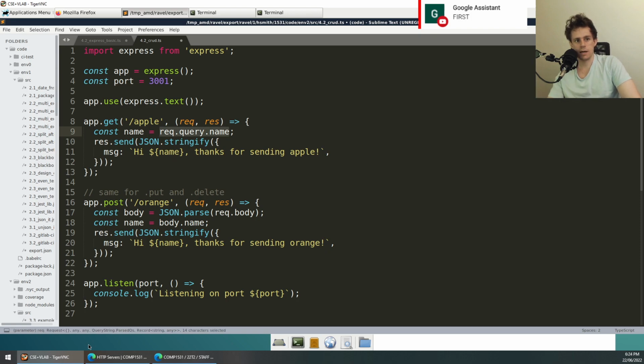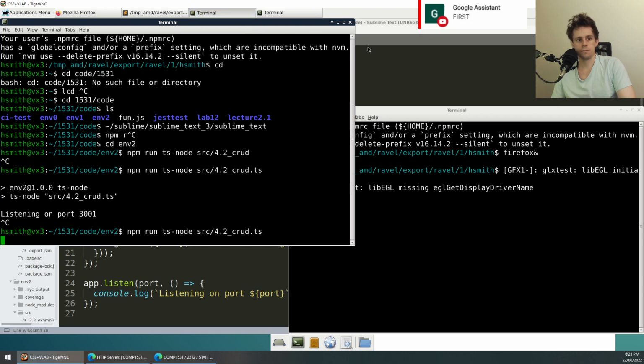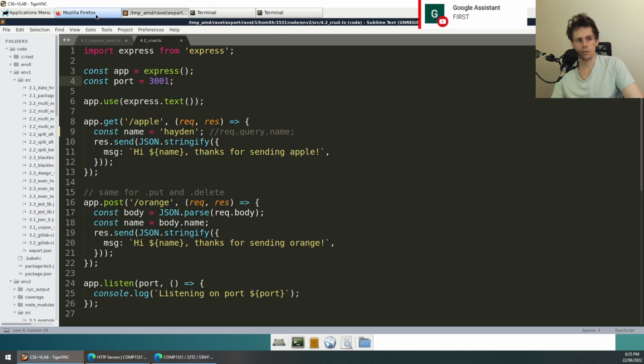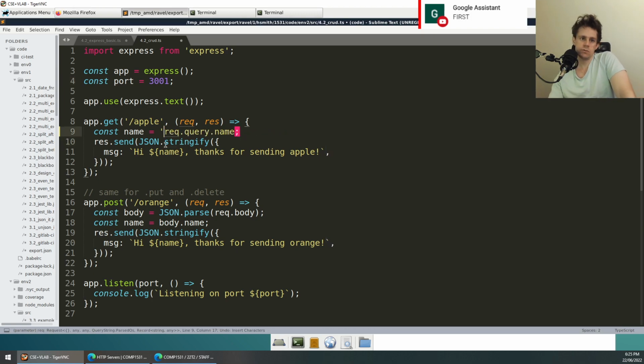And then here you'll see the name. I could rename this to Hayden or something and restart my server, and it would behave how you'd expect, in that it would now print out something to do with Hayden as opposed to undefined, right? But we don't want it to be Hayden. So what is this request.query.name? Well, the way that